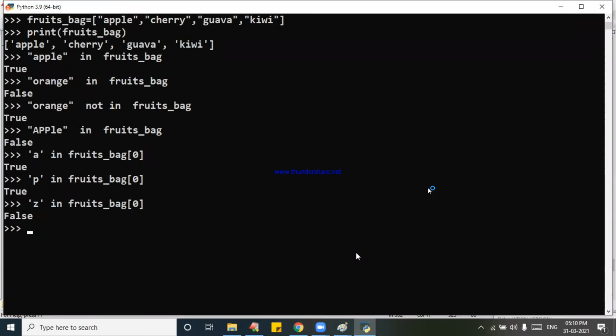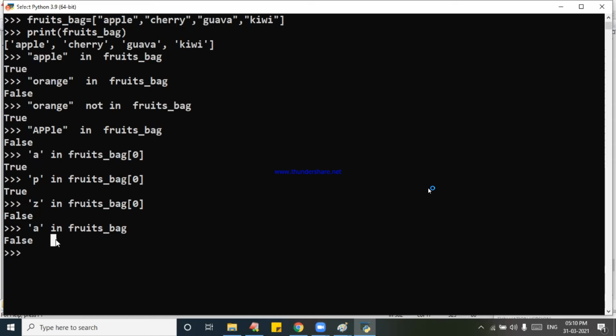Check it out. One of the students is asking, A in fruits bag, will it work out? There is no fruit name called that. Kaushal Tata, I will go to the native place, meaning I will select the index.